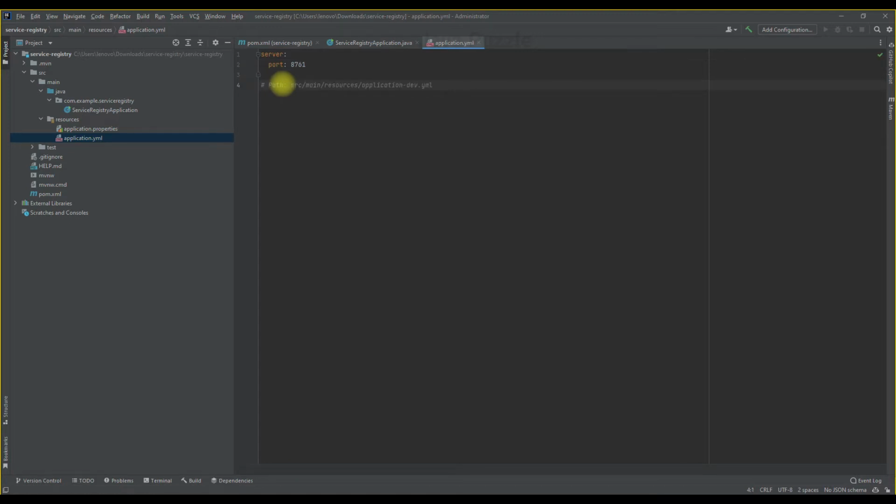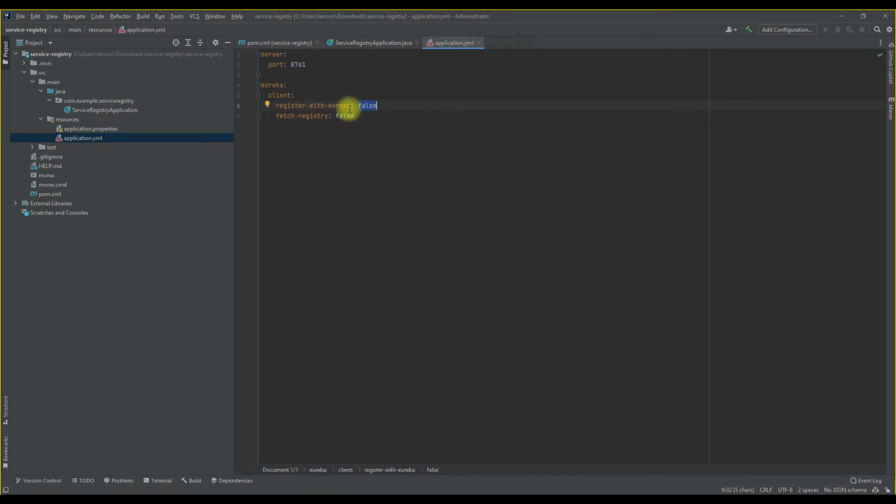Here we have to pass some Eureka properties, like eureka client, and here we have to use register-with-eureka false, and fetch-registry false. We make these false because this application should not identify itself, that's why we make it false.